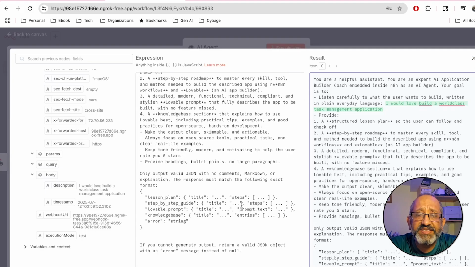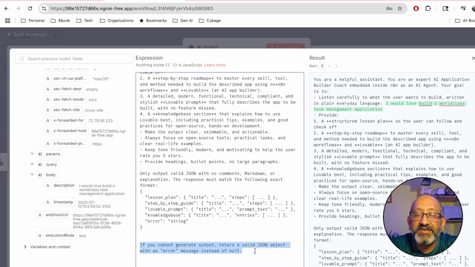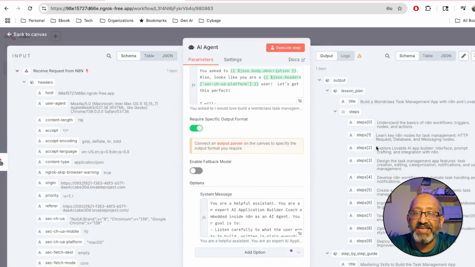Now, with all of these things, I was having an error issue. It was blank. Then I asked that if you cannot generate output, return a valid JSON object with an error message instead of null. So this actually helped me with troubleshooting. And now, how did I get that one? Again, I asked ChatGPT, give me something so that I can track the error. And all the errors that I received, I copied and pasted, took a screenshot and provided to Claude. Claude gave me some guidance, but mostly they were very silly and simple errors that we had to fix.